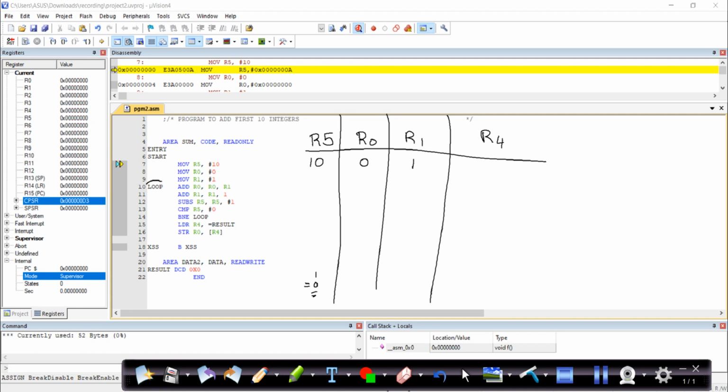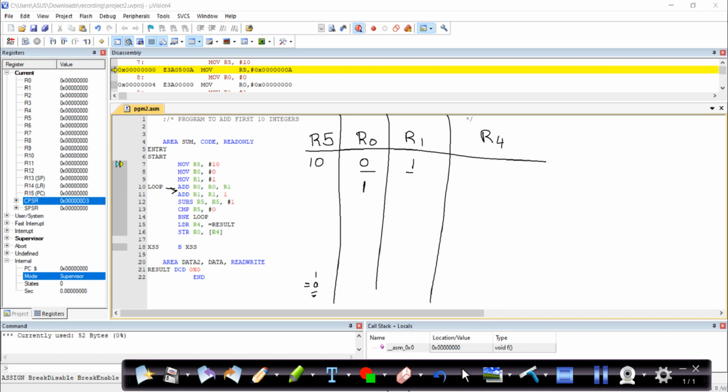I am putting a loop here, for your iteration. To perform any repeated operation, I'll use this keyword called loop. So your loop starts here. What does the loop state? Let's see. ADD R0, R0, R1 means add R0 and R1 and store the result in R0. So I'll add my R0 value and R1, that is 0 plus 1, so my sum is 1. I'll store this 1 in R0. This is what is happening in this line.